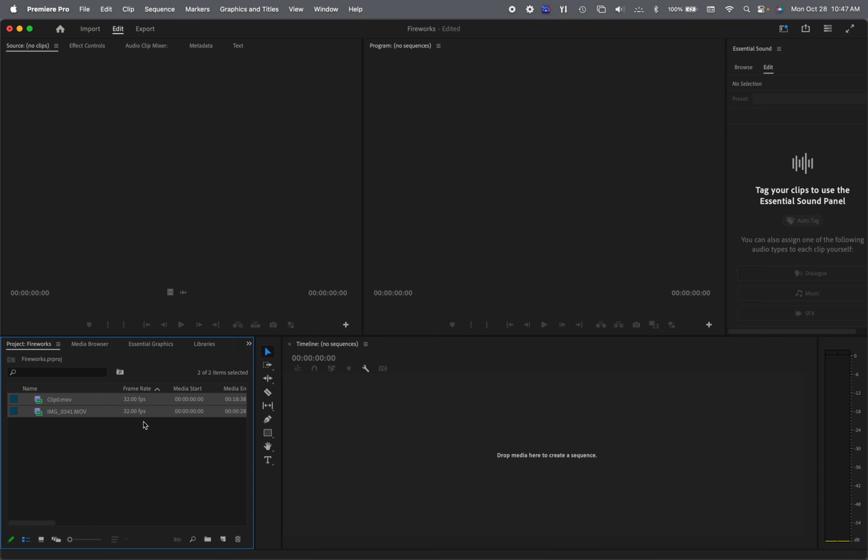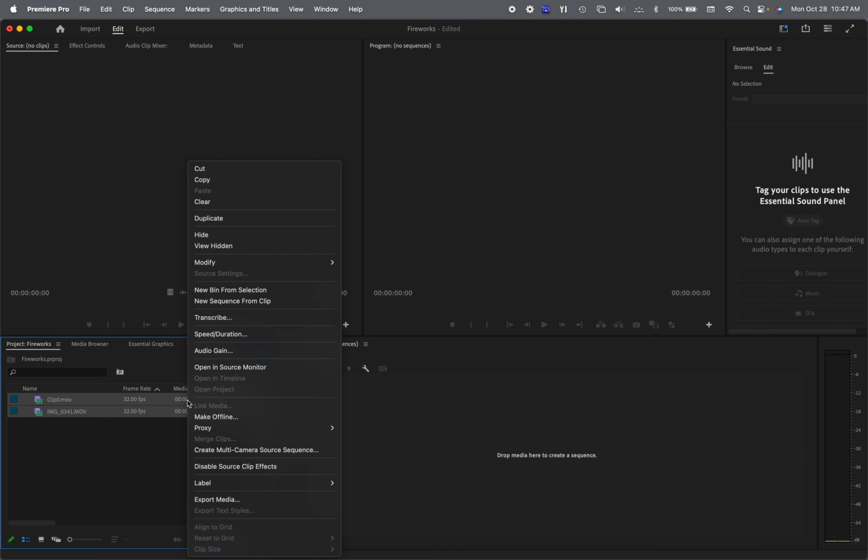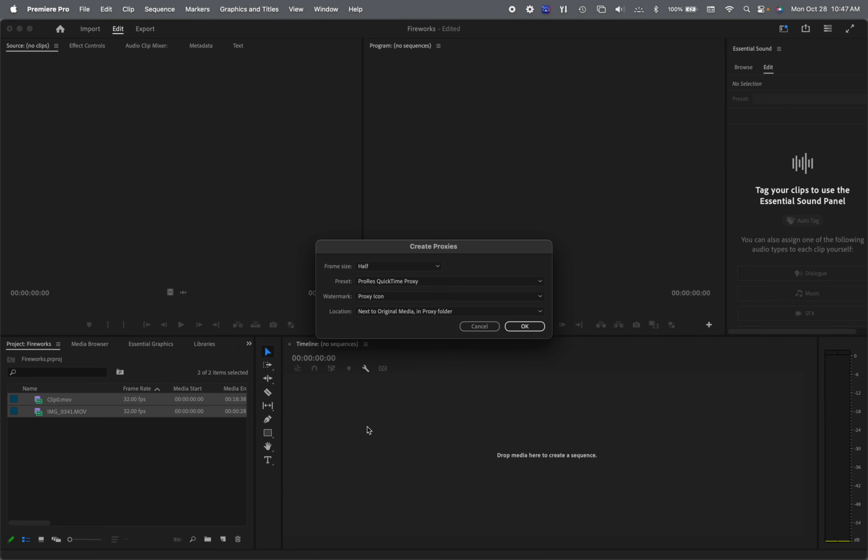And it's going to consume a ton of computer time and energy to show you that as a preview. All right, so what I'm going to do is I selected both of those and then right-click, Proxy, Create Proxies. Okay,